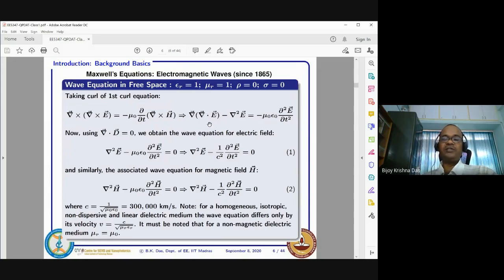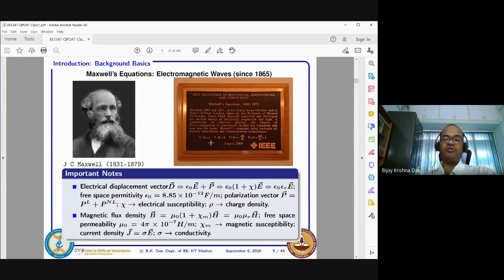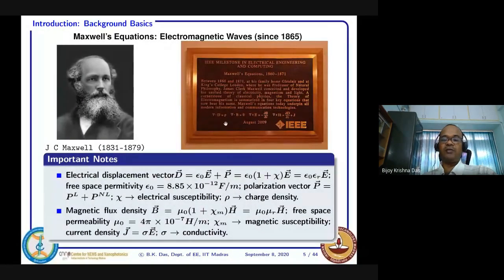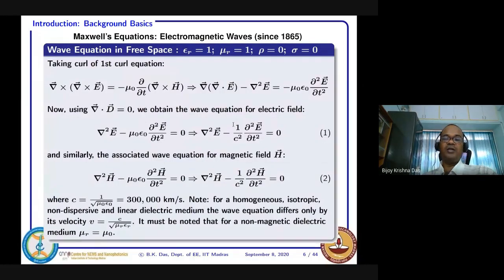Now for divergence E, if you look at Maxwell's equations again, divergence D equals rho. When rho equal to 0 and D equal to epsilon times E, then the so-called divergence E will be equal to 0. So you get this thing, the divergence term goes to zero, and this equation boils down to this one. It can be written as del square E, where E is the electric field, equal to this.